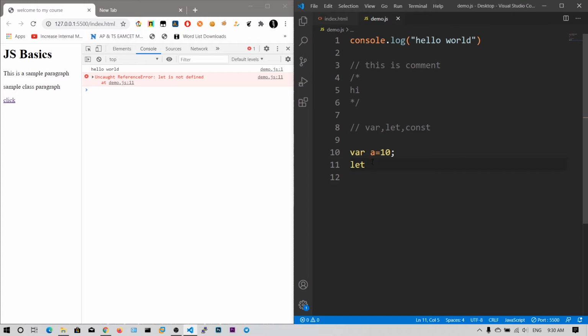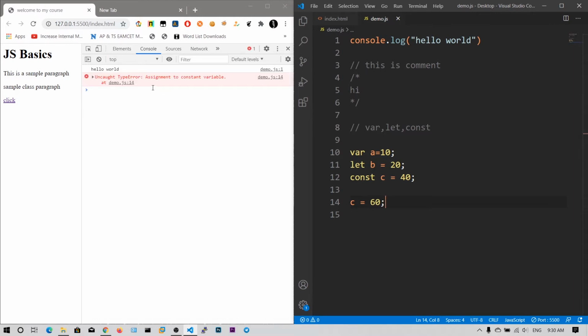So let's go and define it. Let b equals 20 and const c equals 40. Alright. Now as you can see there are no outputs. Now what I want to do is reassign the c value equals 60.